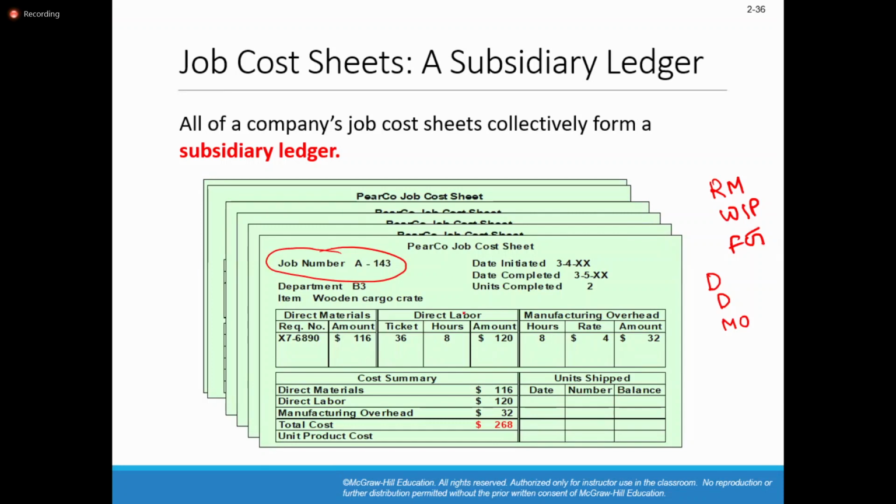So for each job, you have corresponding raw materials remaining, you have corresponding work in progress, and you have some finished goods from each job. So when you add all the raw materials for all jobs, all the work in progress remaining for all jobs, and all finished goods remaining for all jobs, coming from all job sheets,